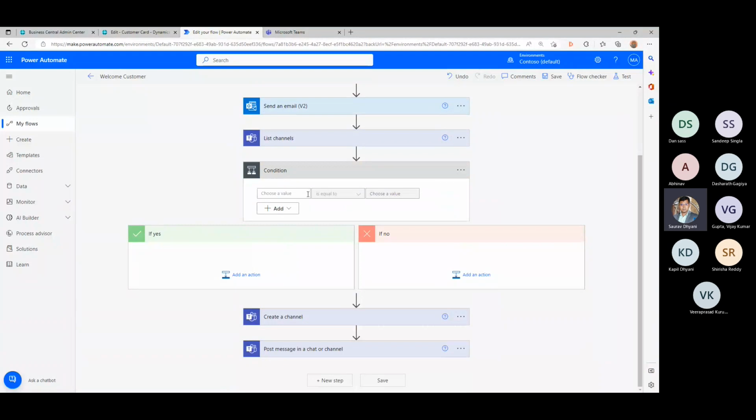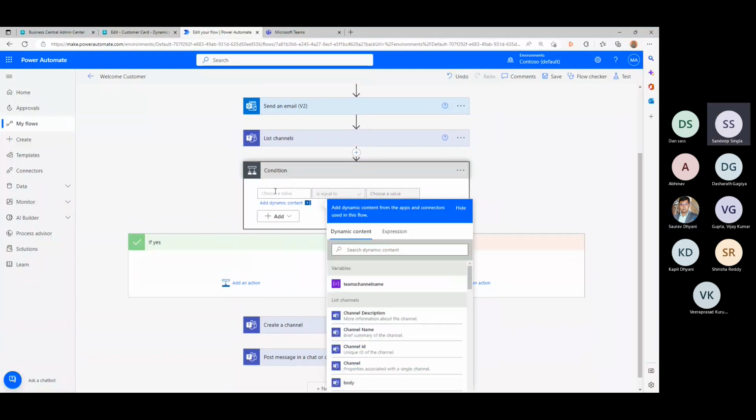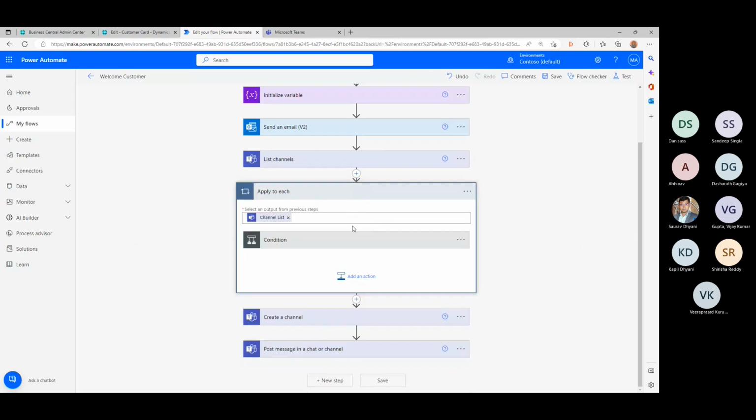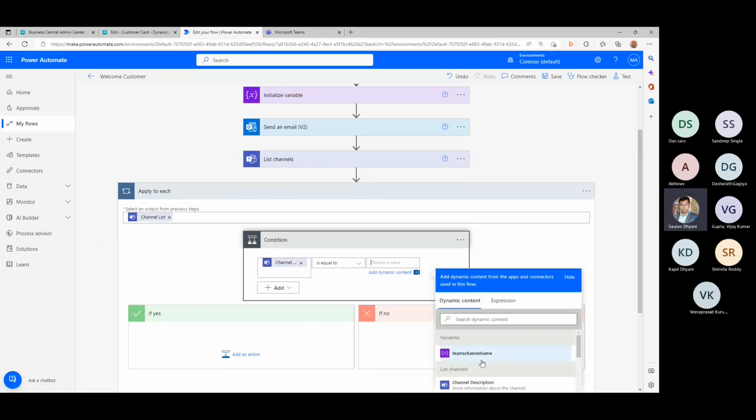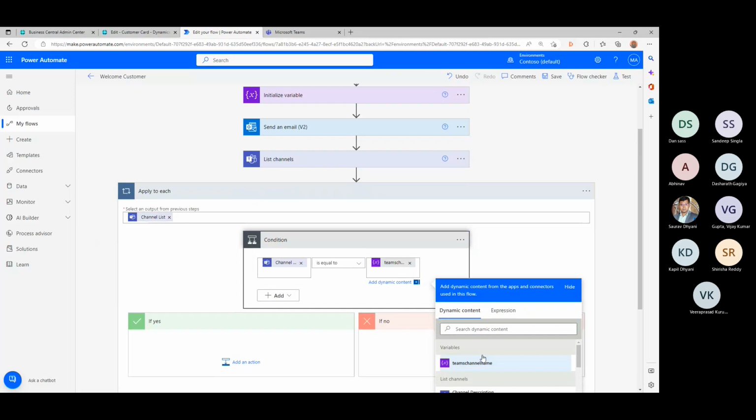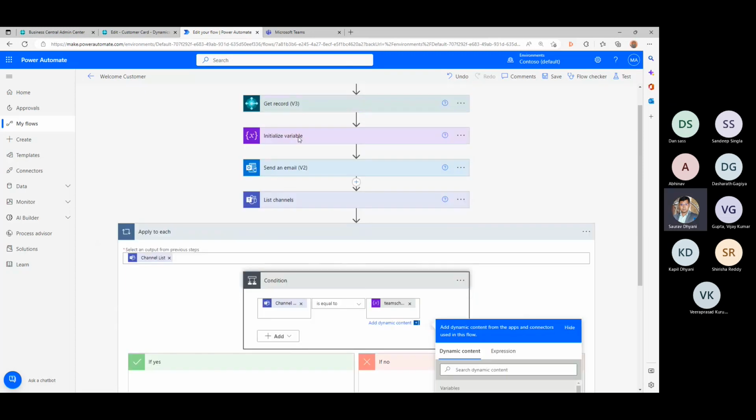Okay, yeah, so now it makes sense. What you are looking for is choose a value, which is channel name. Channel name is equal to my Teams channel name, correct? The variable that we created here.